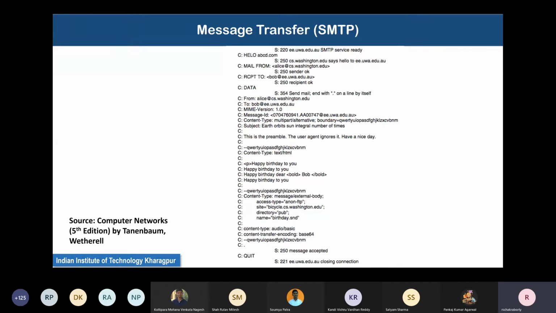So the client types hello abcd.com. The server replies back 250, cs.washington.edu says hello to e.uwa.edu.au. Why? Because cs.washington.edu is actually the SMTP server and e.uwa.edu.au is the SMTP client.